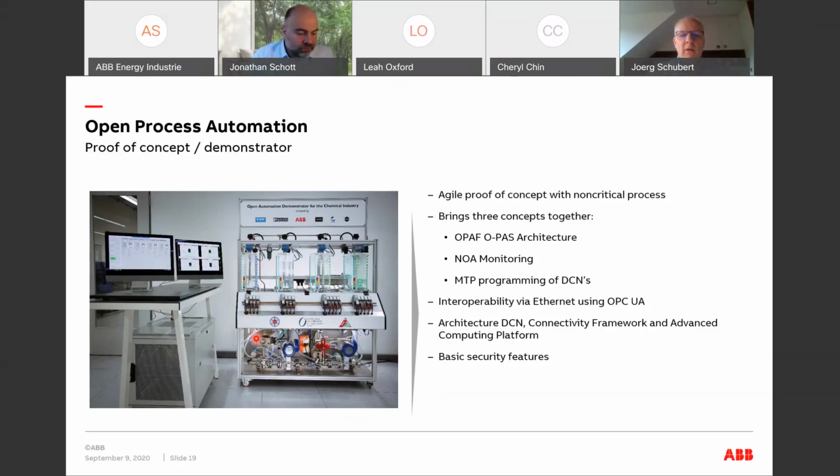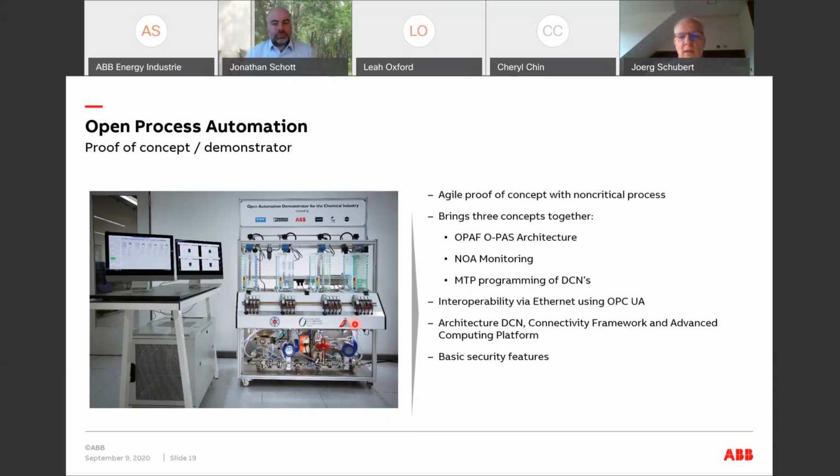And in addition, we have arranged those four to an overall facility that is able to produce a chemical recipe. And we have kind of proven that the open automation technology approach is not only applicable for the oil and gas markets in downstream, but also for the chemical, and would even help to simplify the way how continuous and non-continuous processes, like in this particular case here, a batch process in the chemical industry, could leverage this.